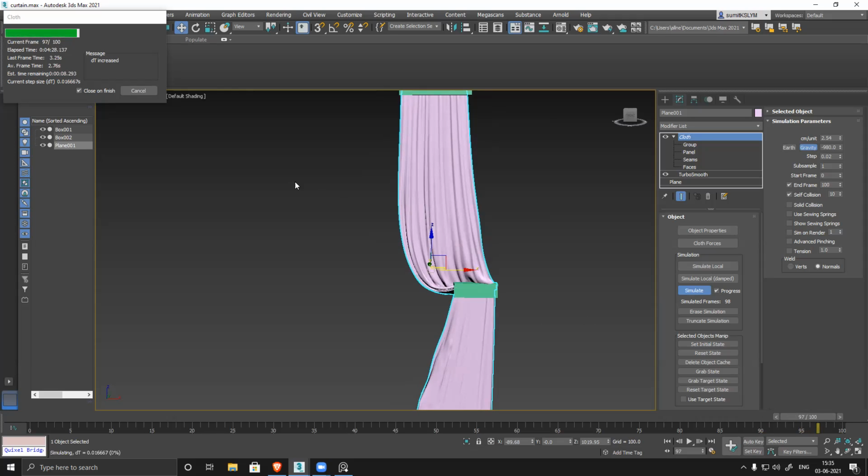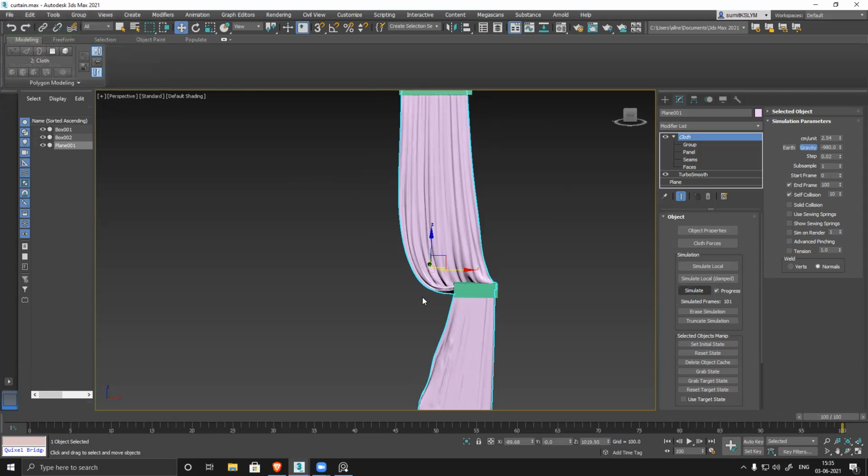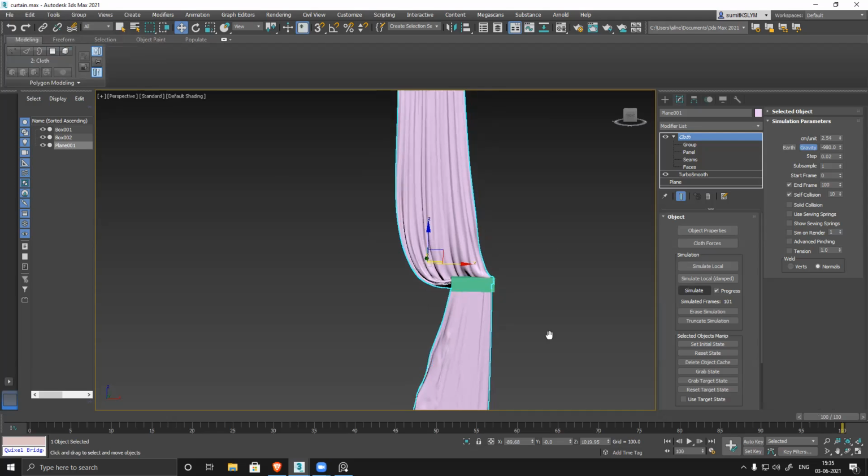We can have two planes, but we have to attach them, because at a time it will work with any one. So you have to attach them. Or you can have separate planes and apply one cloth modifier to the entire thing. Okay, so we need to attach the two planes first. Either you attach them or you apply one cloth modifier to the entire thing, and you can have two separate sections.